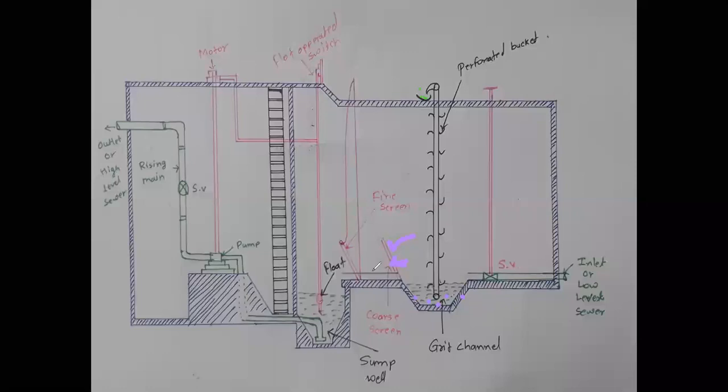Okay, so all the settleable, removable particles should be removed from the pumping station. You are not supposed to keep these particles, impurities or solids in that room. You have to remove them out from that particular room. Okay, then the waste sewage is coming into this sump well. So why should the sump well be designed? It is a very fundamental point we discussed while deciding the problems arising in sewage flow and sewage pumping.